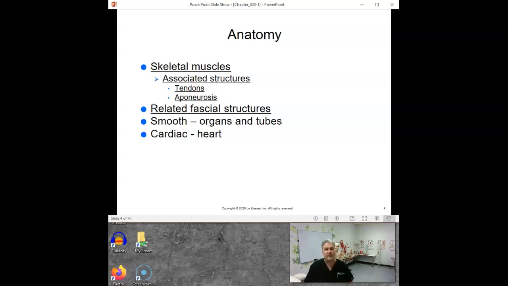Your skeleton, we already said your skeleton does all sorts of cool stuff. It creates red blood cells and white blood cells, and it stores minerals, and it stores fat, and it's amazing. But one of the main things that we care about as massage therapists is your skeleton acts as levers for your body. And muscles grab onto these levers, muscles contract and move these levers. Kinesiology is all about the study of levers and muscles pulling on those levers to make them do stuff like this. So skeletal muscles are your movement muscles.